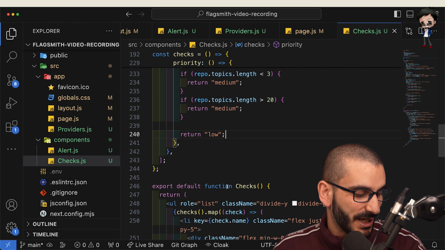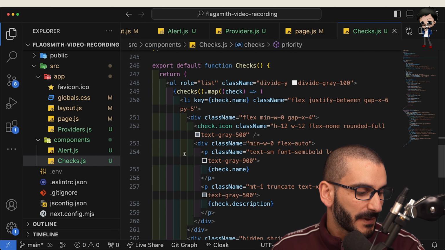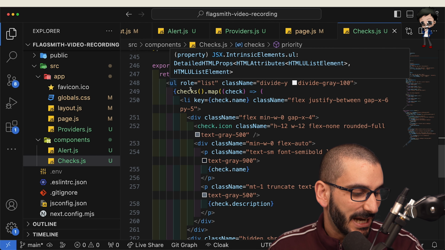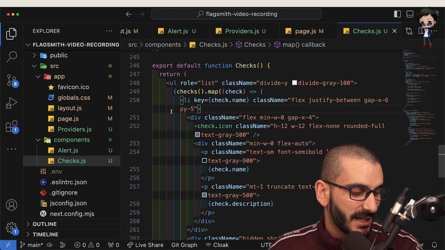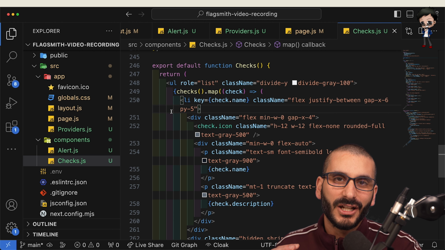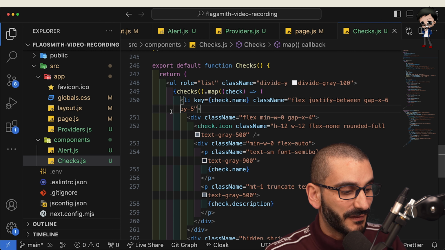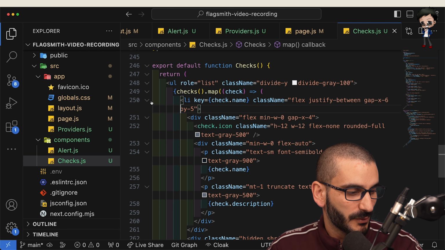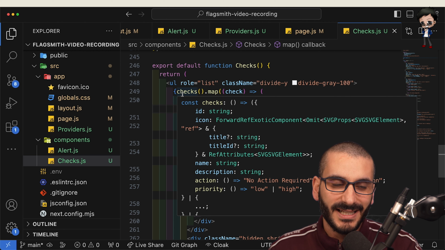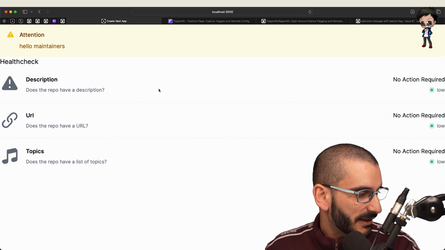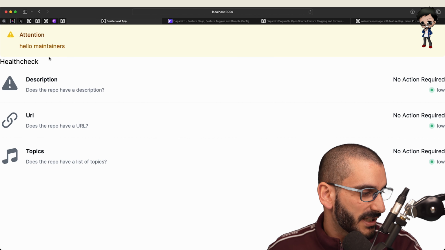So that's our checks. And then in our actual component, we have a list and we're going to map over those checks. I want to show you that working, and then we're going to control what features we display from Flagsmith, and we will add the Flagsmith code to this component as well. And it only requires a few lines, as you'll see shortly. So let's go to the browser, and I've refreshed the browser, and you can see what we've got from before,